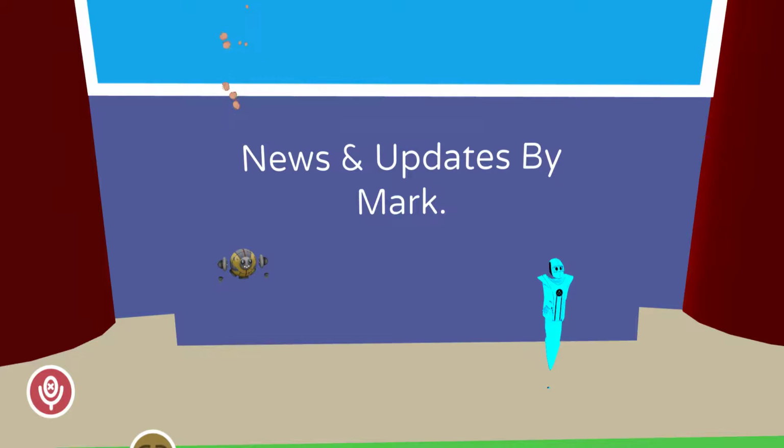Rumours are flying around that the world building team is working on adding undo and copying, but you didn't hear it here. Okay, so